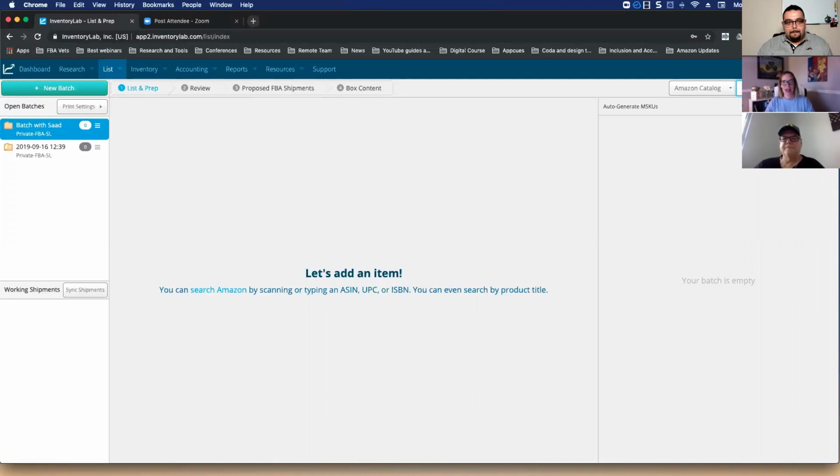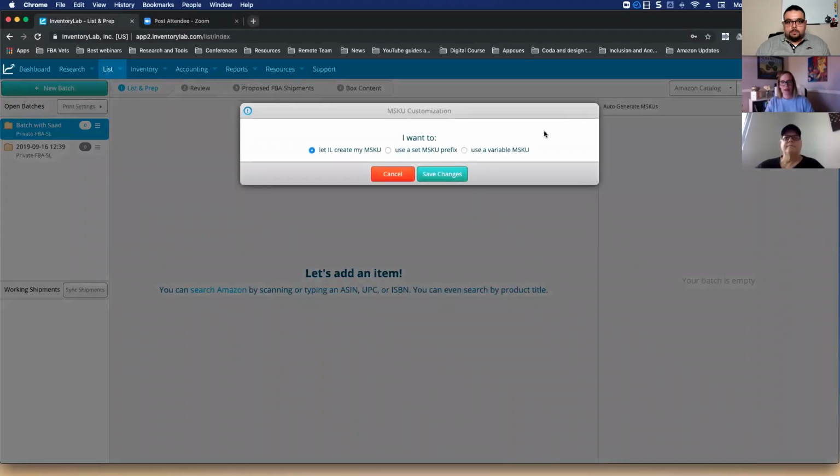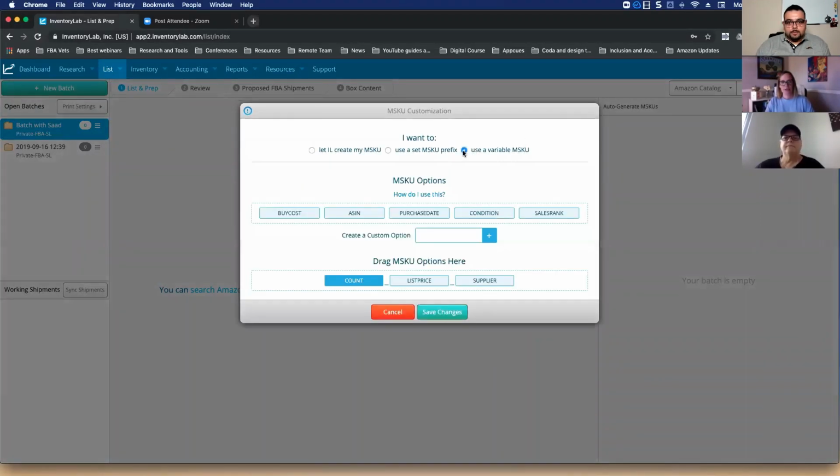Nice. I'm going to click on that custom MSKU tool. We can see right here that currently we're on the auto-generated MSKU, but I'm going to click edit. I want to change that and turn on the custom variable MSKU tool right here. So I want to build an MSKU with different components. I want to tell Inventory Lab to build my MSKU from the supplier, the list price, and I want to go ahead and put